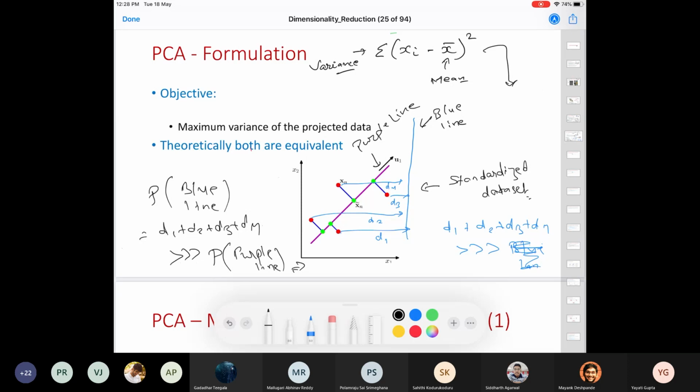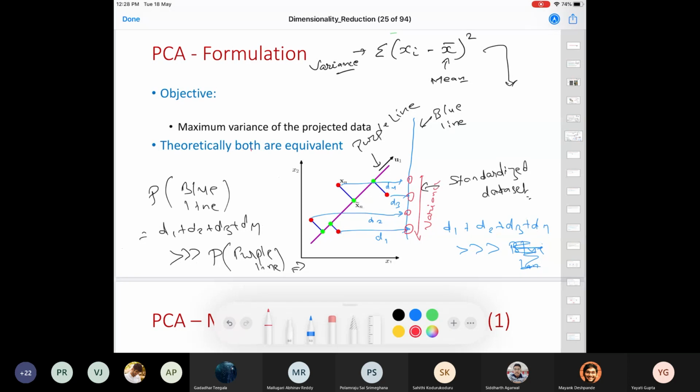Now, can you visualize that the line which gives you the least projection error also maximizes the variance? What do you mean by variance? Look at these data points once they are projected. These are the 4 data points. If I project my data points onto an axis, you can presume the variance to be the width of those data points. So this would be the variance.